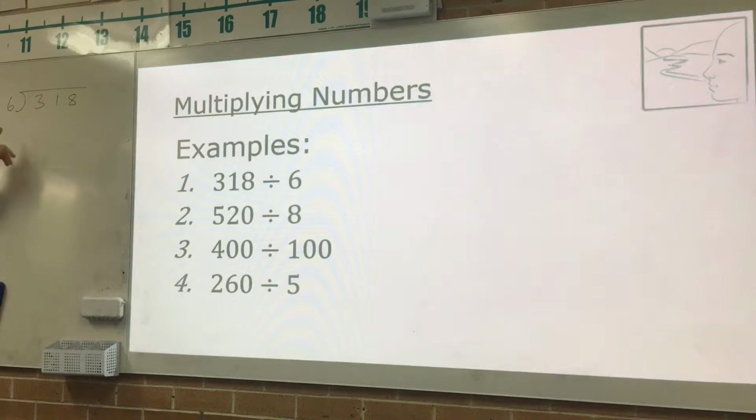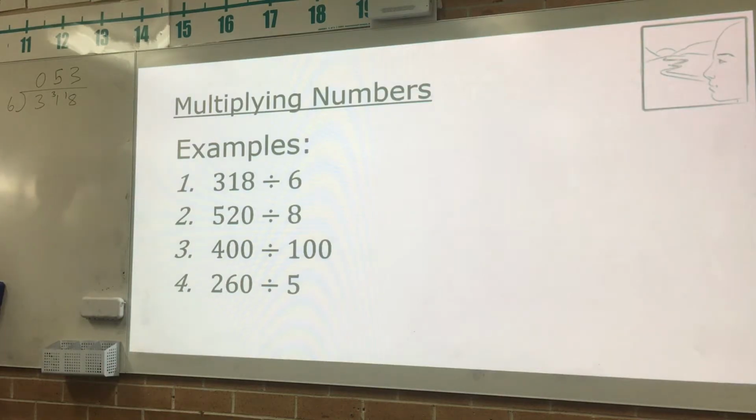If you remember how to do this, you do 6 into 3. Now, we know that doesn't go as a whole number. So we actually make it now 6 effectively into 31. You can put the 0 there, it's not going to make any difference. 6 into 31, we know that goes 5 times, because 6 times 5 is 30, and there's 1 left over. Now we have 6 into 18, which is 3. If there were a remainder, there's no remainder, but if there were a remainder, you write it as a fraction